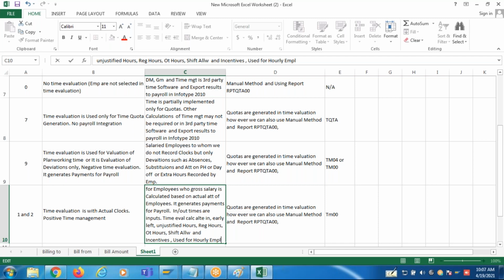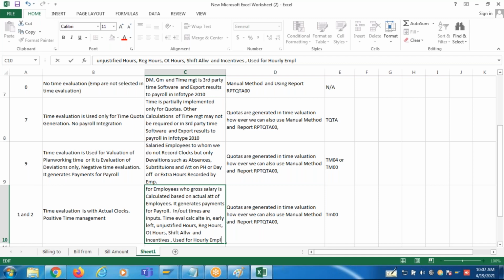So what is the difference between 1 and 2? 2 has some additional concepts, like incentive wages are calculated in 2. Here we have time ticket configurations, guys. In this case, attendance with productivity is different.